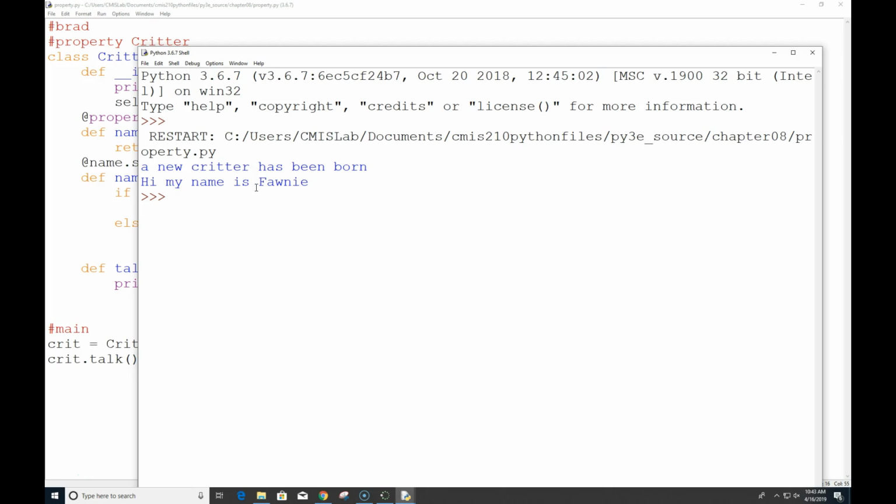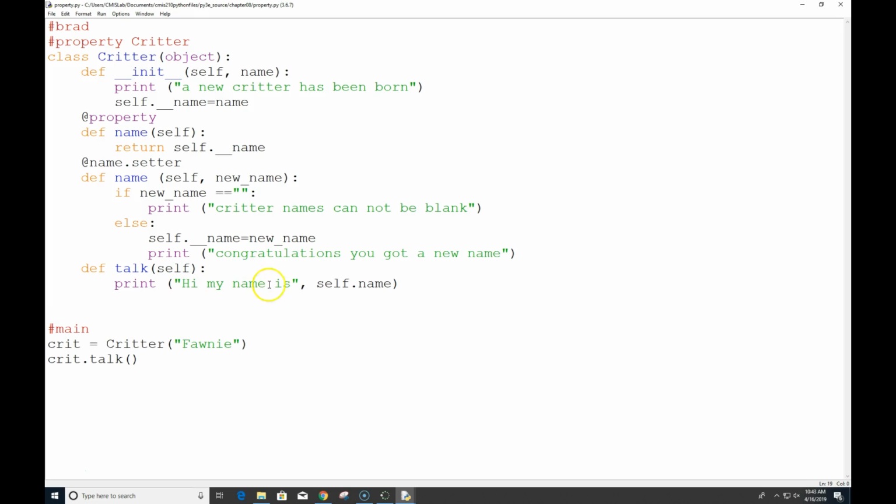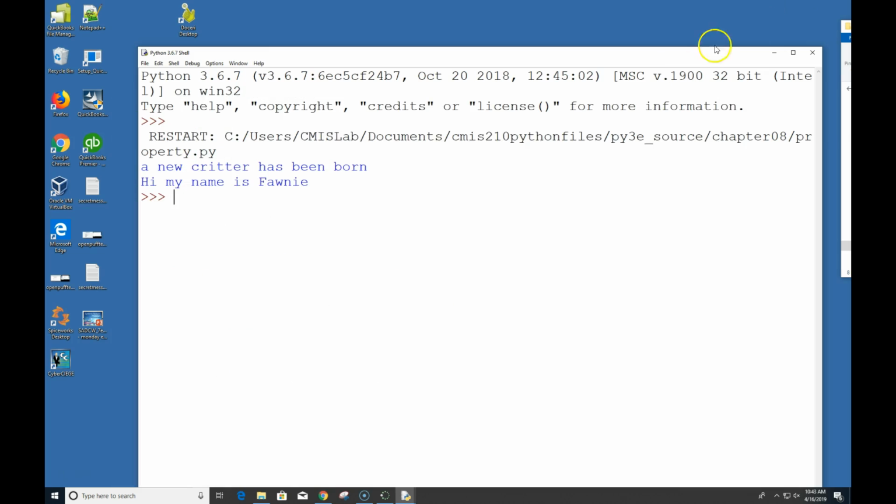Okay. So we found the self.talk function. What's interesting, self.name, now notice here, we call that with an underscore. So we need to look at that a little bit and figure out how that works. And then we need to create this function so we can actually change the name of a critter on the fly. So make sure you have worked your way through this week's assignment.